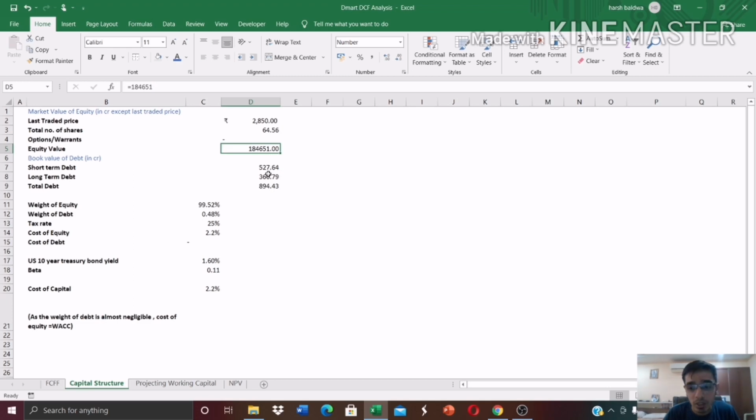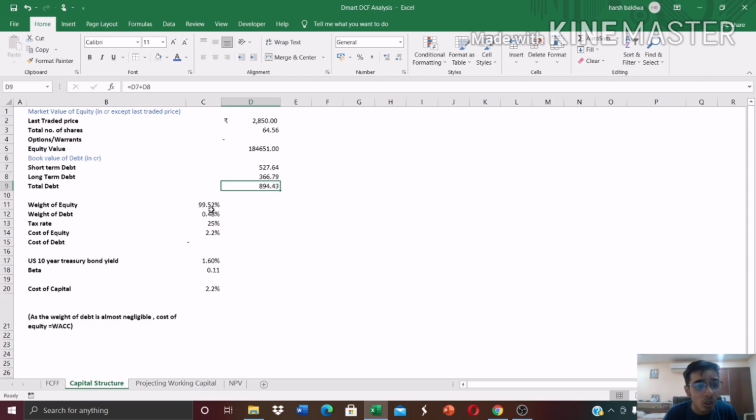Then we have the book value of debt over here. For companies which have issued marketable bonds, you can take the market value of debt. But right now, as we do not have much information, we will be taking the book value of debt. Short term debt is debt which has to be repaid within 1 year, and long term debt is debt which has to be repaid after 1 year. So the book value of short term debt is 527 crores, long term debt 366 crores, and the total comes to